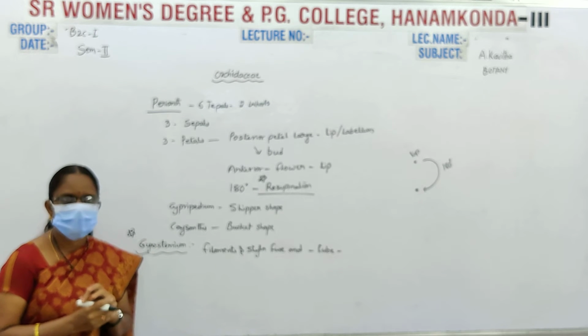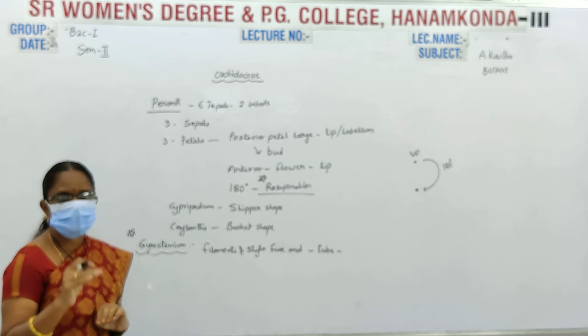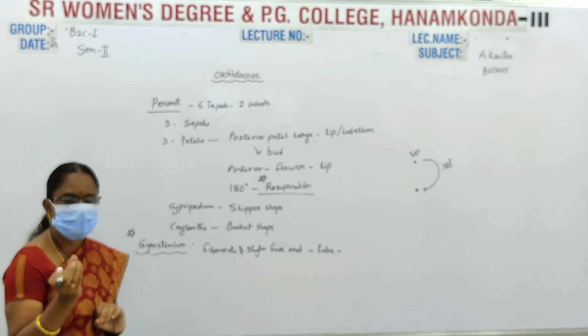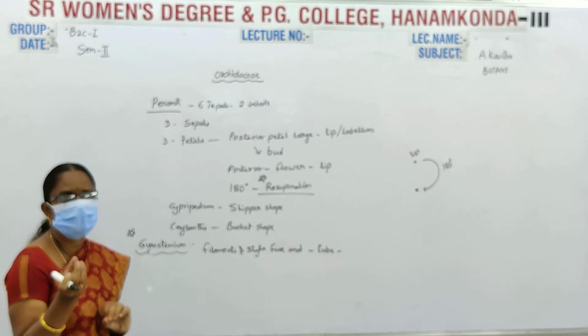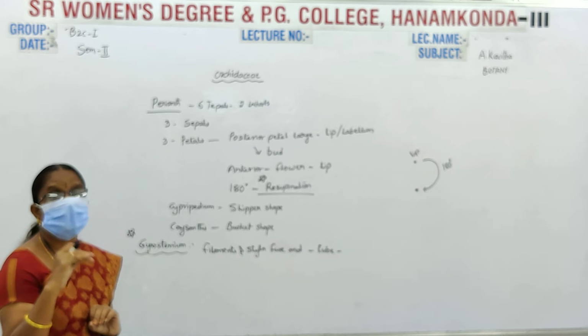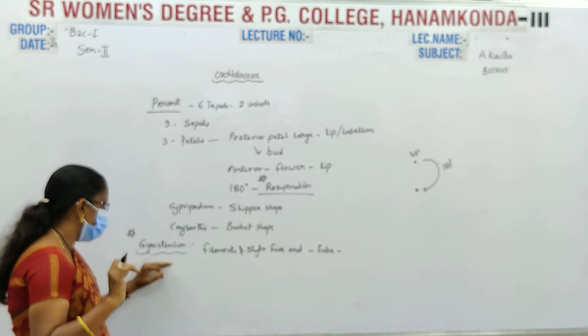This is also very important. Gynostegium is present in Asclepiadaceae family. In Asclepiadaceae family, the corolla and the stamens are fused and form a disc-shaped structure that is called as gynostegium. And in Orchidaceae family,